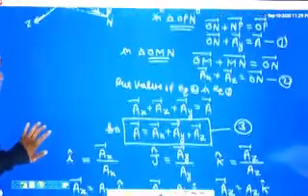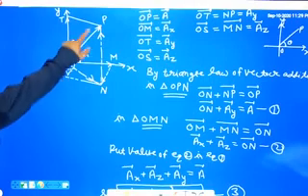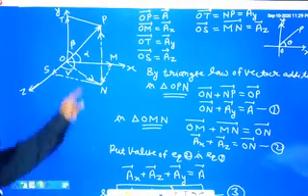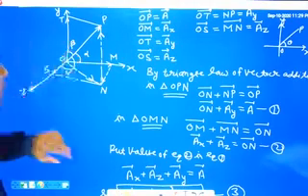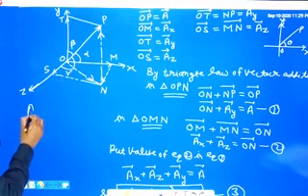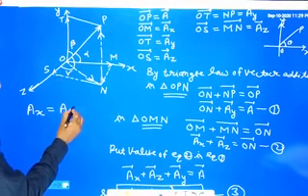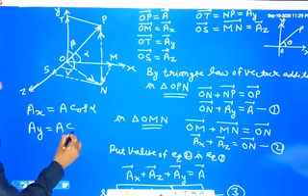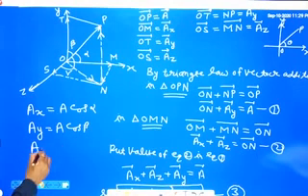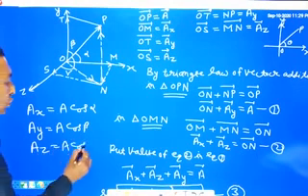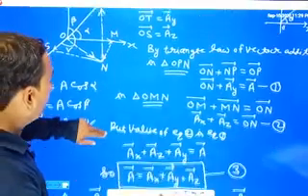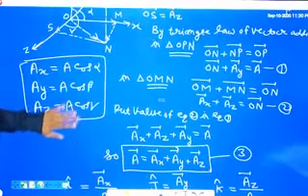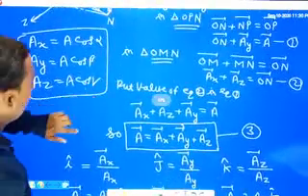Now here we see the angles made by this line OP, the 3D vector OP, with the x axis, y axis and z axis are alpha, beta and gamma. So we can write that the x component Ax equals A cos alpha, Ay equals A cos beta and Az equals A cos gamma. Okay, now if we square and add these three equations,